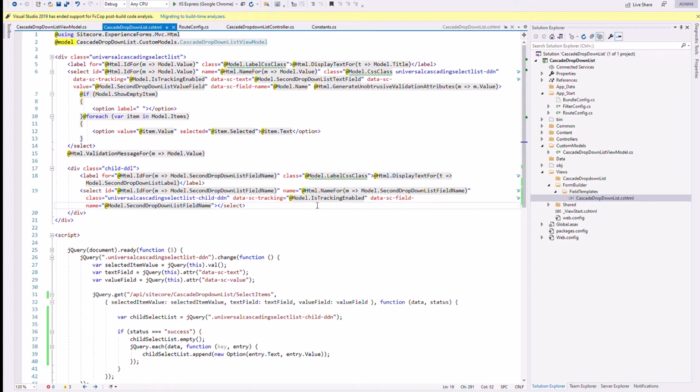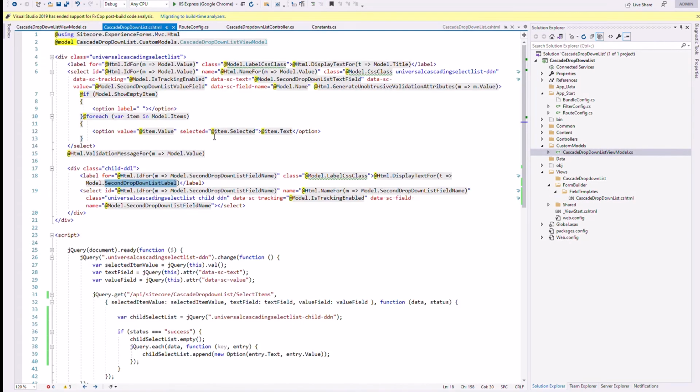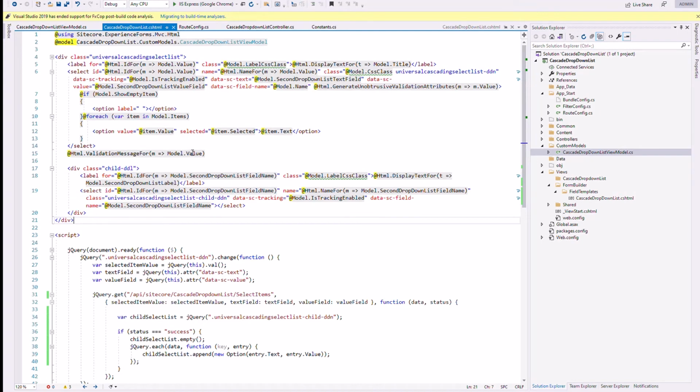Another thing is field name, value field, text field, and this is for the label text, so second drop down list label. So these four properties that we have defined in the cascade drop down list view model are going to be used in this way in the CHTML. Now we are all set with this CHTML part. One more thing that I have added is a unique class ID, to access this HTML control from jQuery.